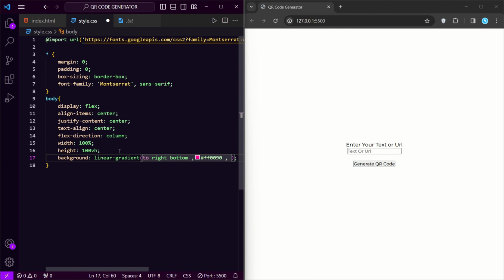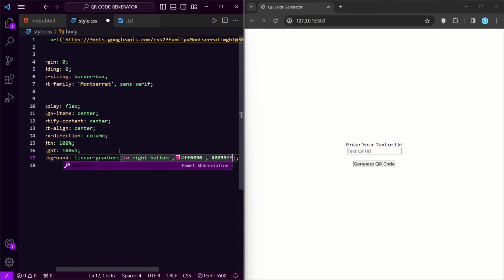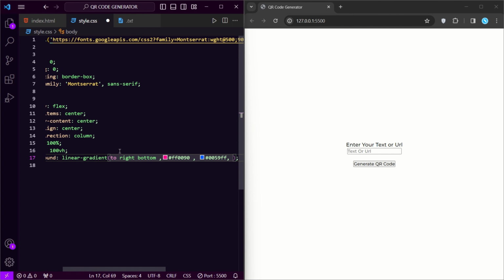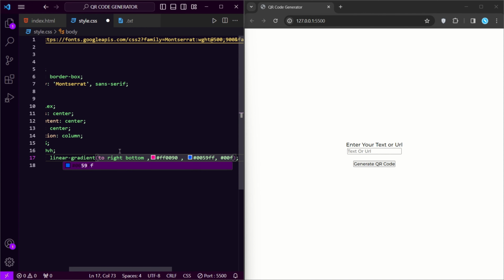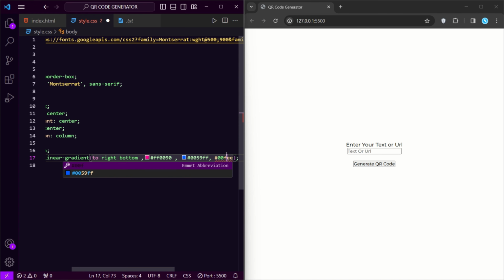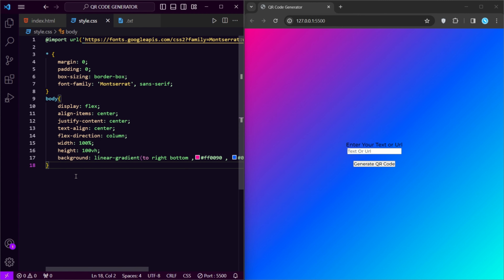Our next color will be the deep blue color, hash 0059FF. The last color will be the light shaded blue color, hash 00F double E, so double F double E. Save it. You can see here there is a linear gradient on the background for the body.